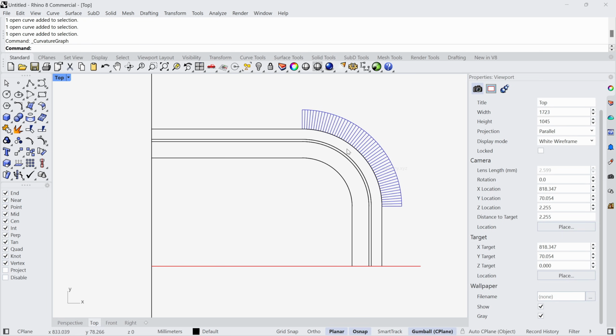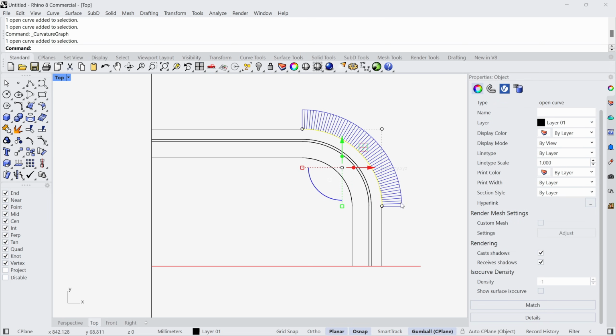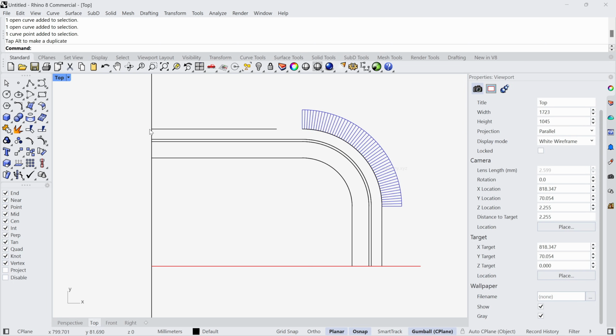So to fix this G1 curvature problem, what we will do is recreate this curve using the BlendCrv command. Now, before we do that, we need a bit of a runway between where the curve ends and where the fillet starts, because we cannot add the curvature directly from the junction point. This is because we need a bit of runway where we go from the flat section to this curved section. Now, in order to define how much we should recede back from the original boundary, what I will do is measure the